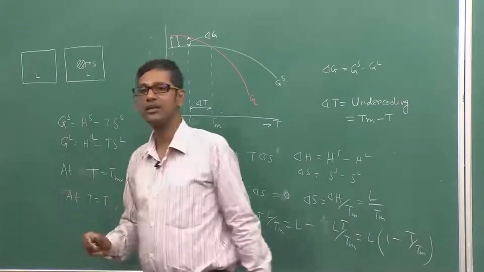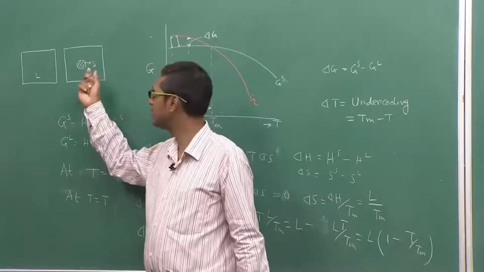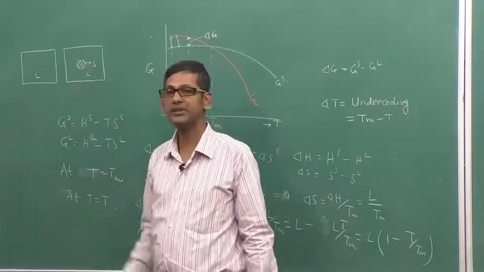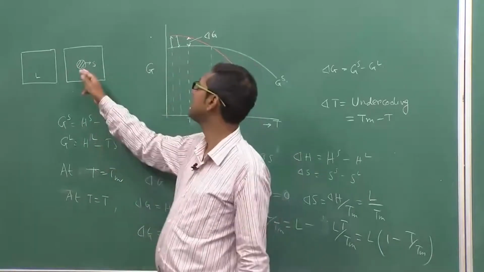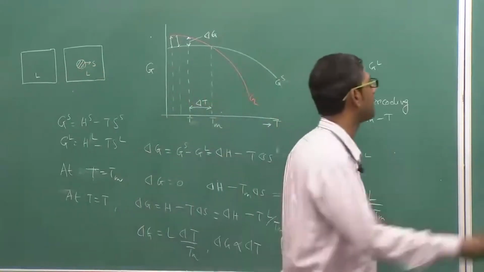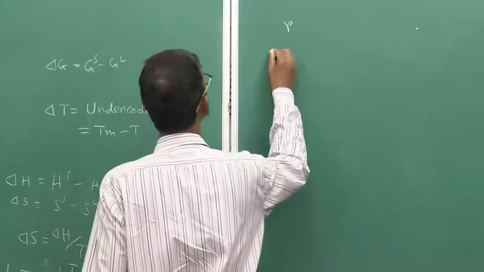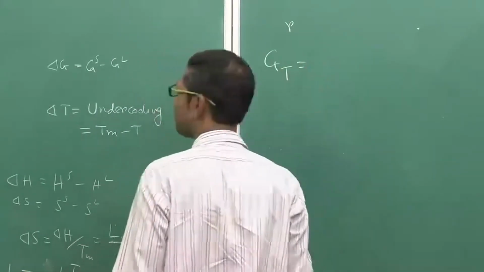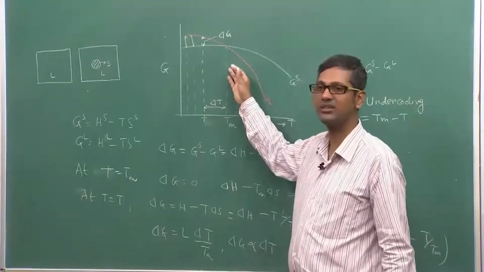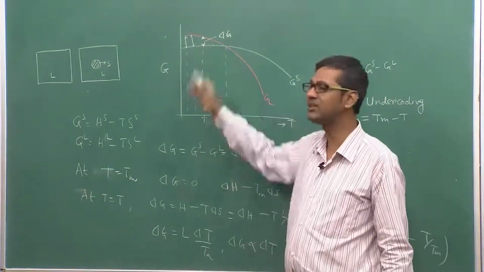If I have a solid nucleus formed in the liquid, or let us suppose a solid piece, a small tiny embryo which is formed in the liquid, which has not yet become a nucleus, and this solid has a radius of r, the total free energy of the system is nothing but a volume free energy change because of the solid to liquid transformation. Because this transformation happens at a certain level of undercooling, there is a free energy change because of that.